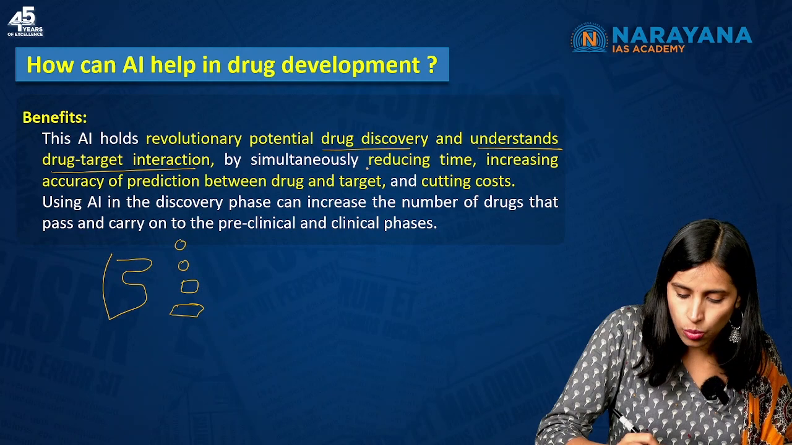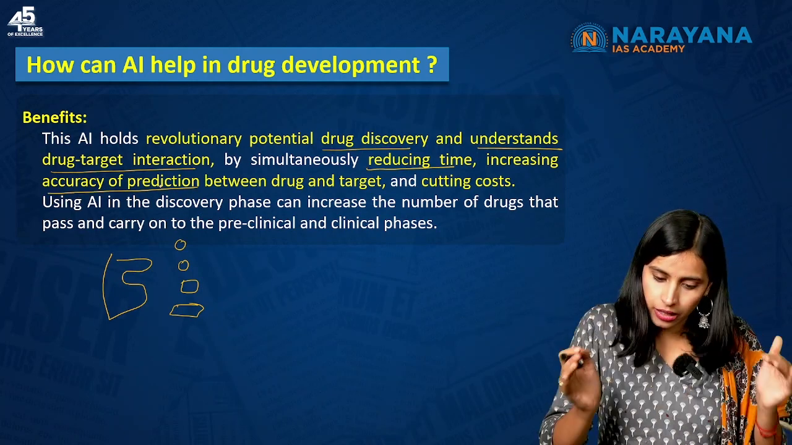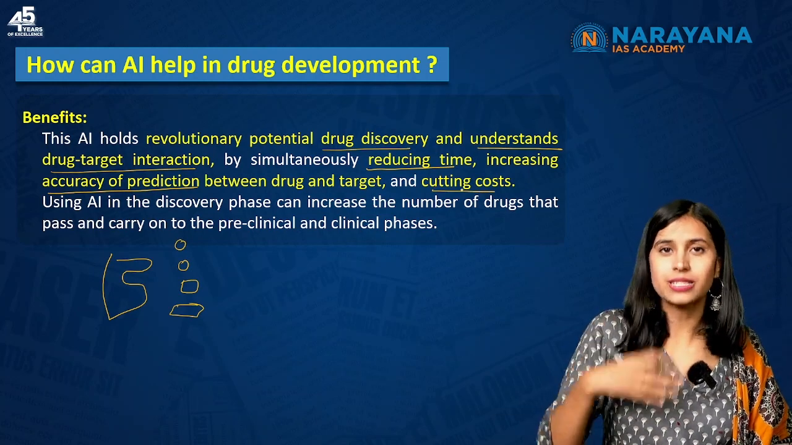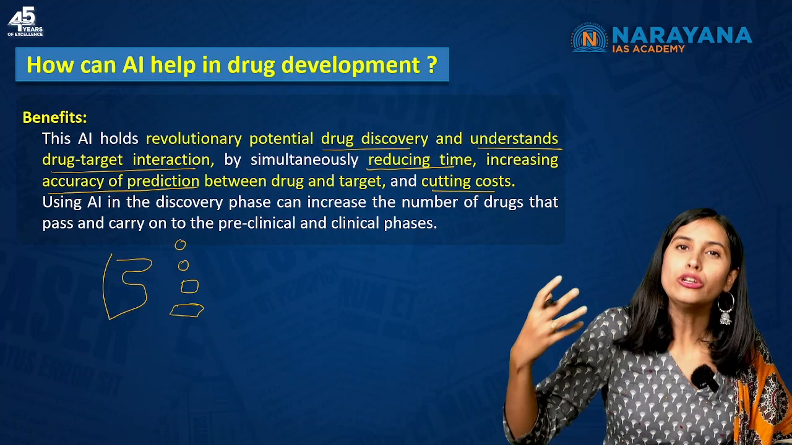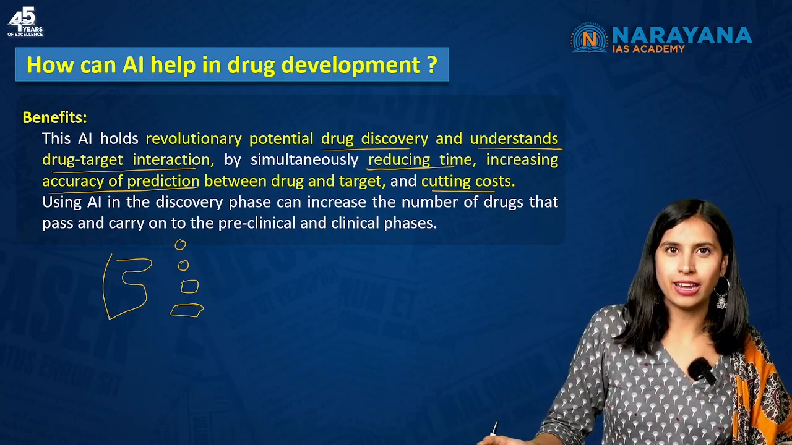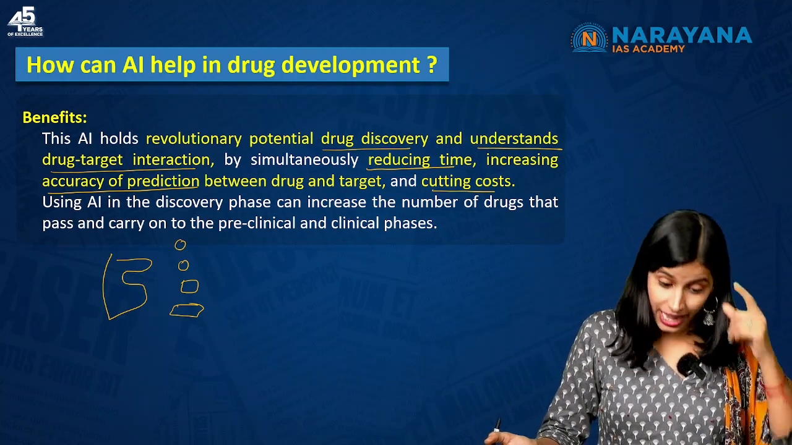So it does what? It reduces time. It increases the accuracy of prediction between the drug and the target. It cuts the cost as well. And thus AI overall can revolutionize the pharmaceutical industry in India. Am I not right about this? It's possible, right? You're cutting down so many processes, especially in the